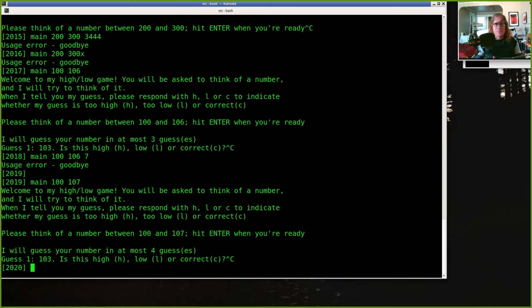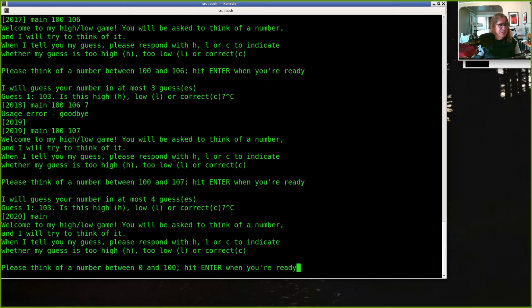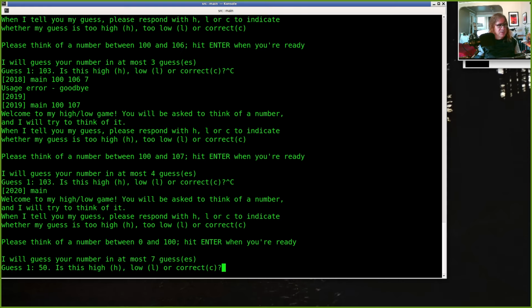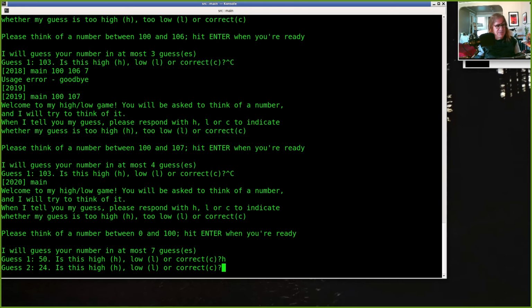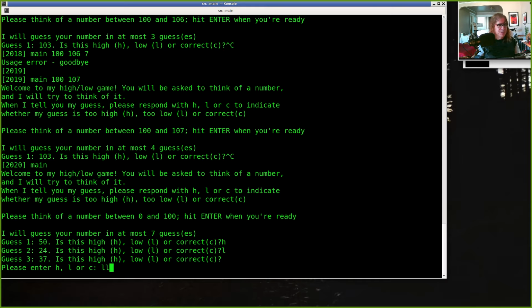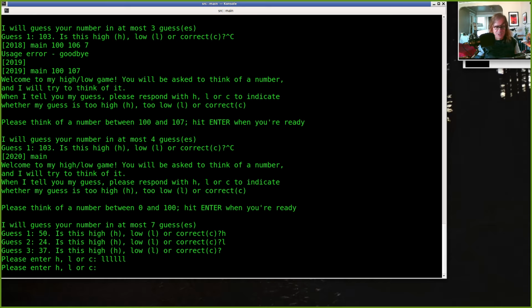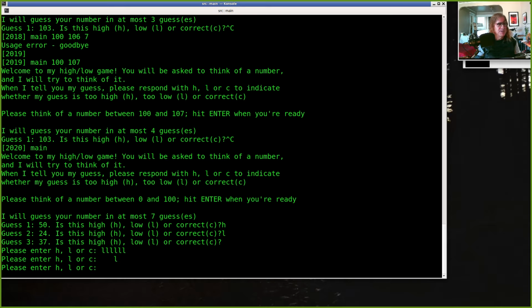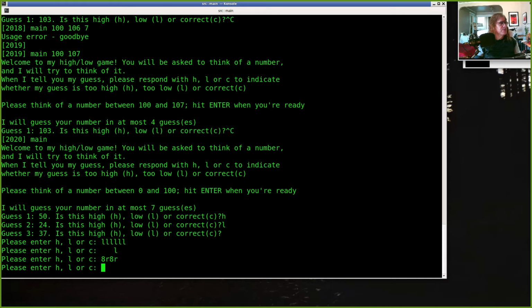And then if all of that was working, I went ahead and started playing the game. So it started at 50, and I kind of changed this up depending on how I was playing. But at some point I would start doing things like just hitting enter, or typing something that started with L but wasn't just an L, or an L with spaces in the beginning, or something totally random. And I would try these things with